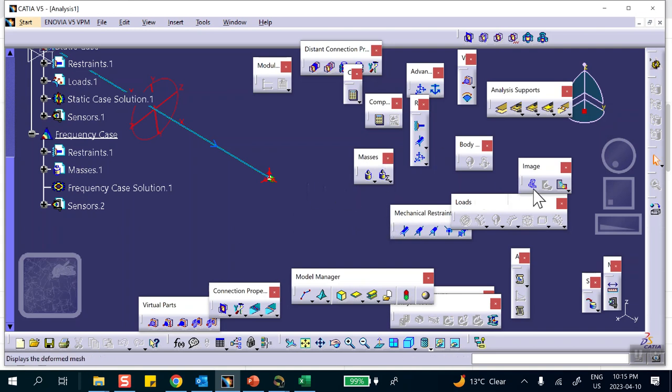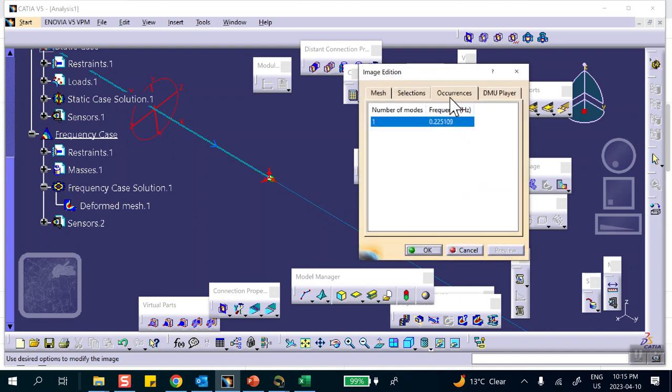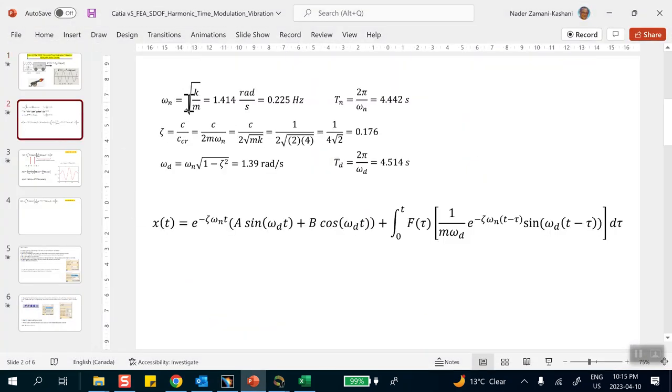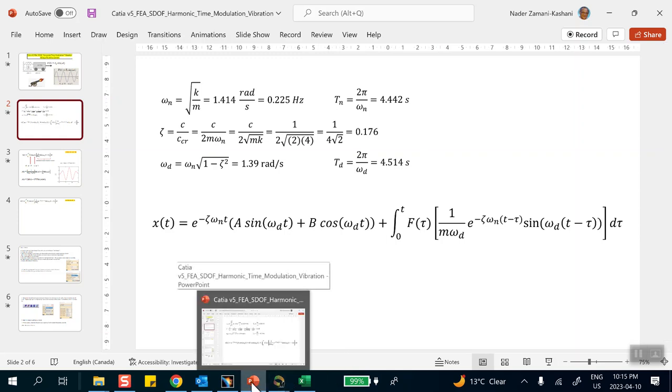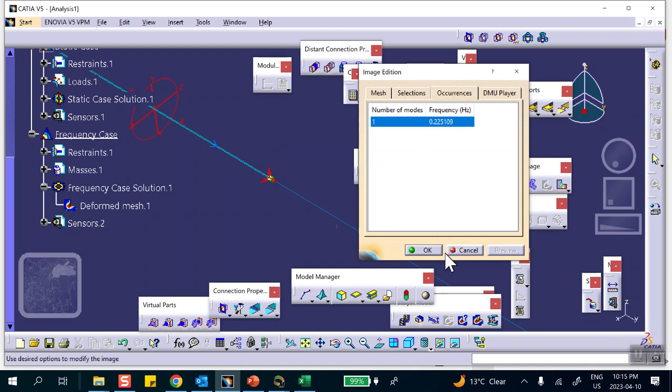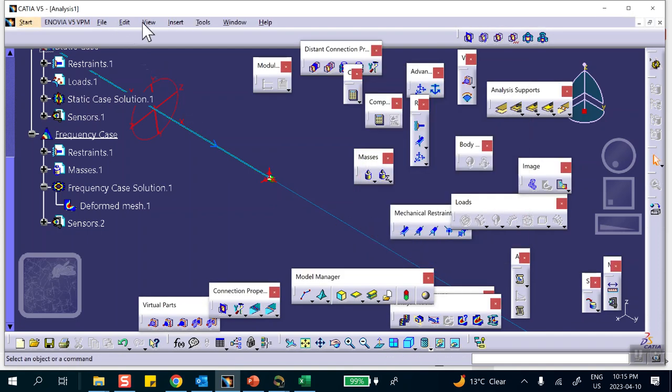No messages then. Plot the deflection and double click on it to get the frequency. On the occurrence tab, 0.225 hertz, which is exactly what we calculated here, 0.225 hertz. Okay, good. Now that we have extracted the frequencies, all the frequencies, we're going to say, okay, insert